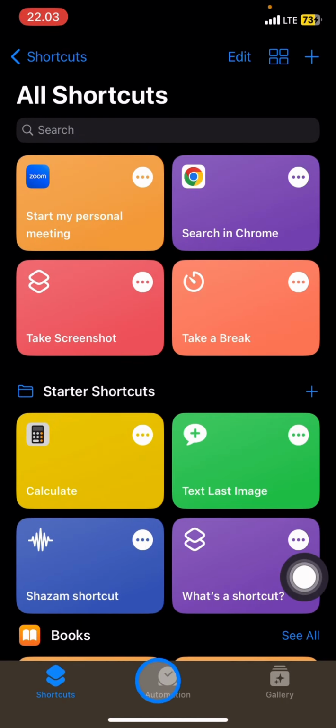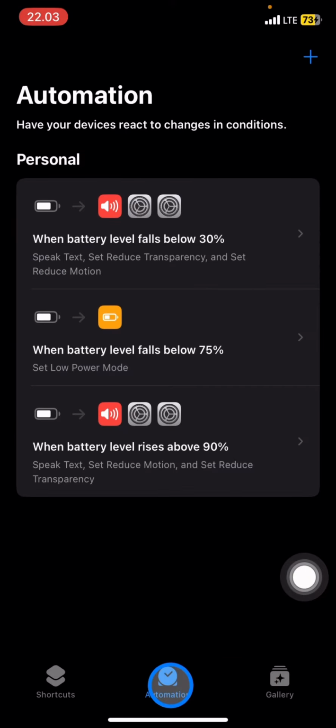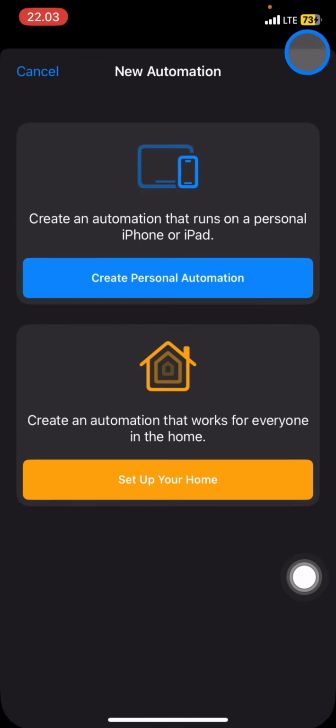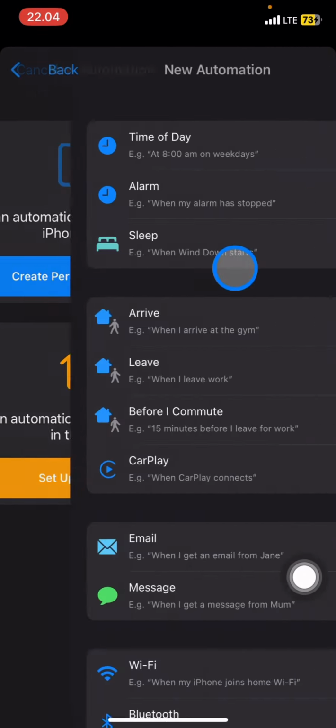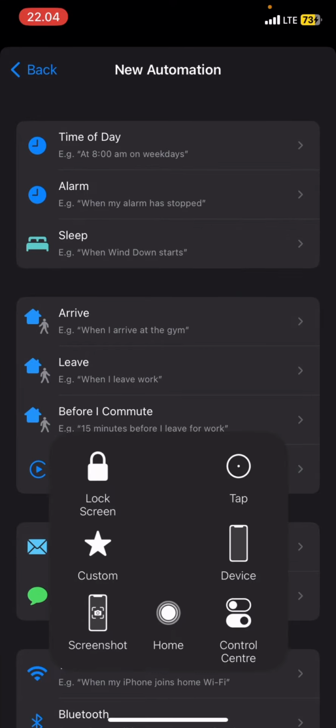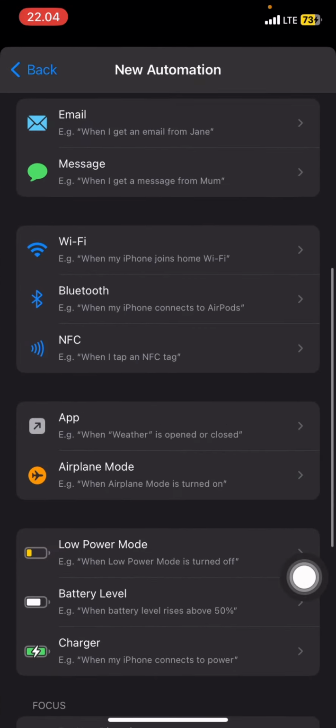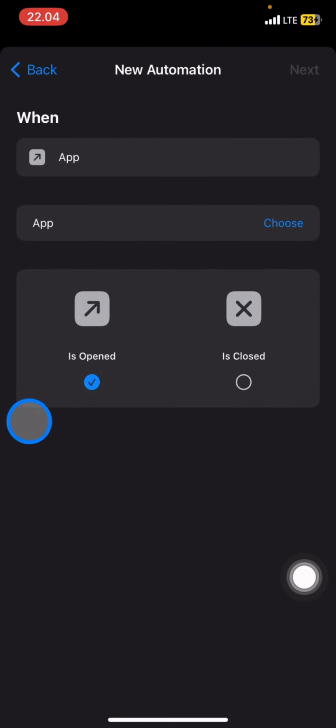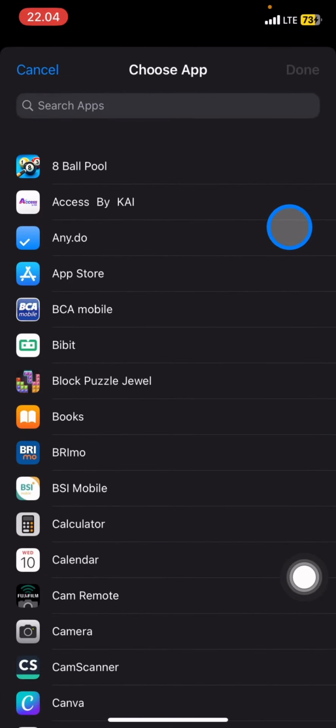We need to jump into the Automations tab right here, and after that, click the plus button in the corner and create a personal automation. Scroll down until you find App, and then click it. Now you need to make sure that you choose "Is Opened" rather than "Is Closed". And now you just need to choose which application you want to lock. So let's say you want to lock Calendar, you just click Calendar